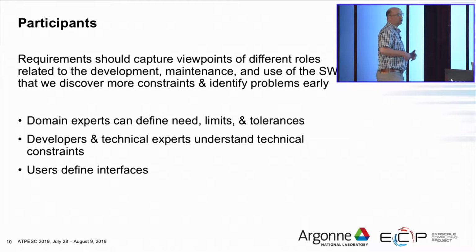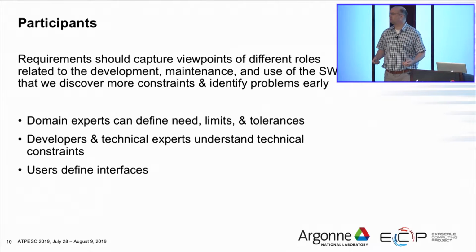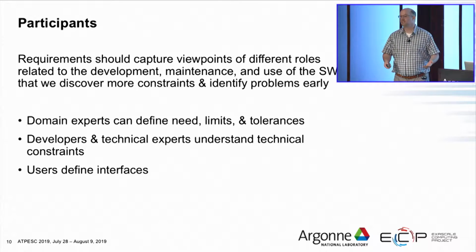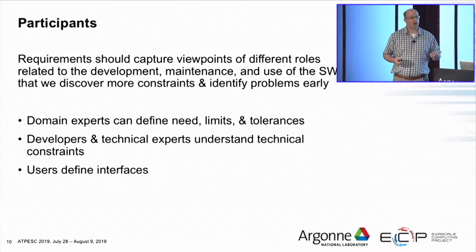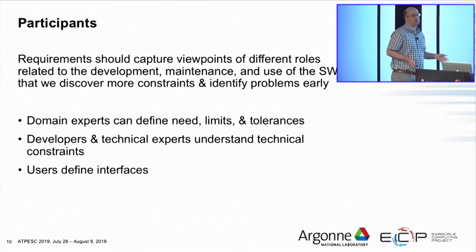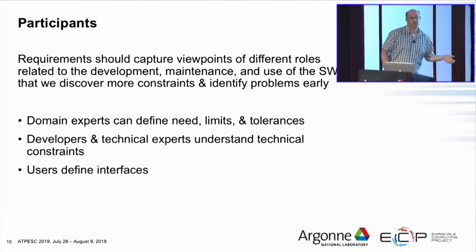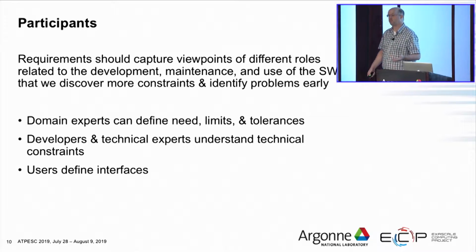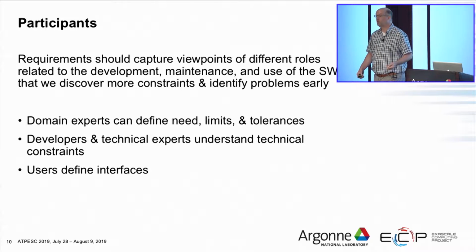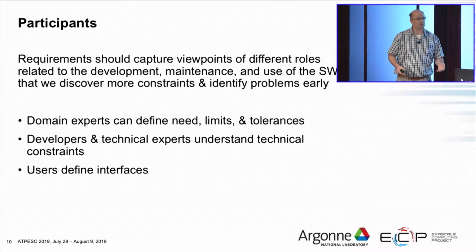So now what we can do is try to think about how you actually go about arriving at these requirements. So ideally, this shouldn't be just one single lone person suffering at their desk trying to accomplish this. The reason we don't want that is because that person has potentially just one viewpoint of the software and its constraints. And so what we would really like to do is have a number of people involved in this process who represent the total set of viewpoints associated with the software in terms of development, implementation, maintenance, and use, with the idea that together they're going to be able to come up with that really good common understanding of what it is that they want to do,